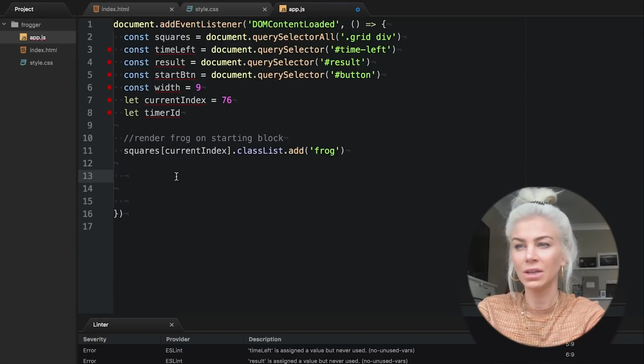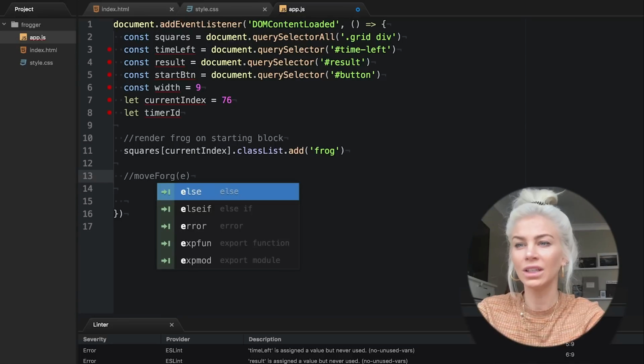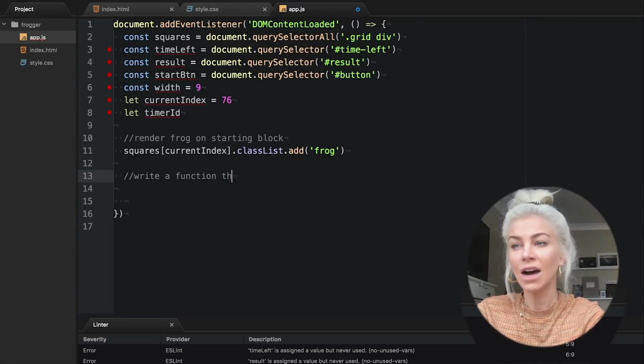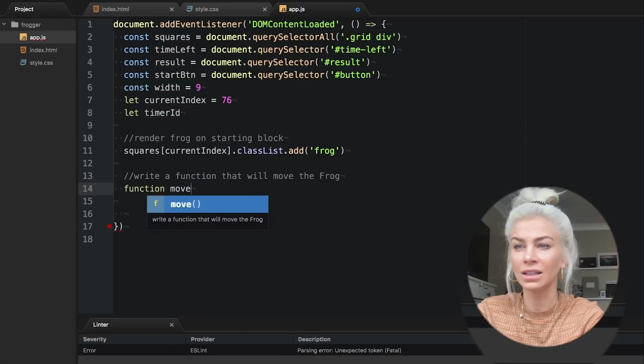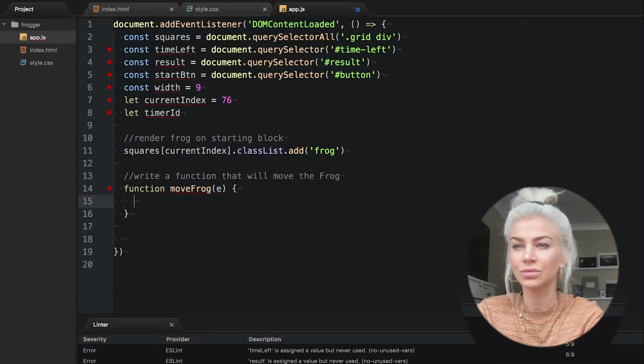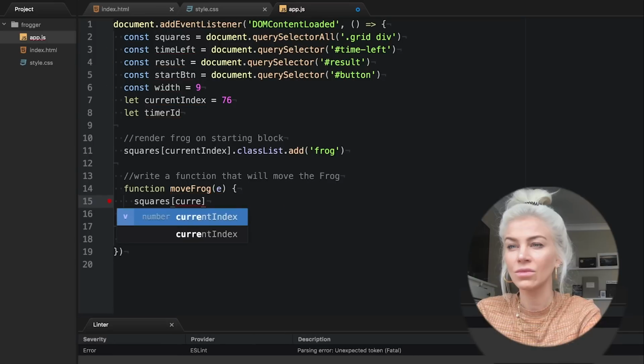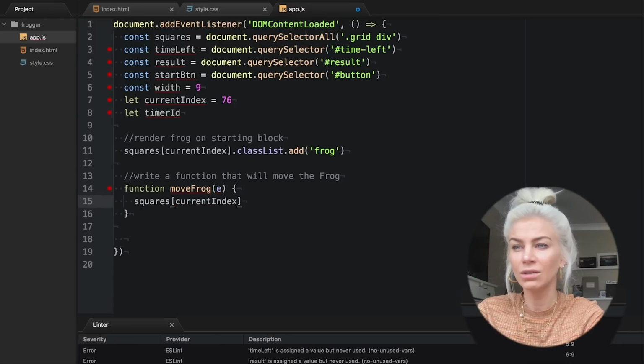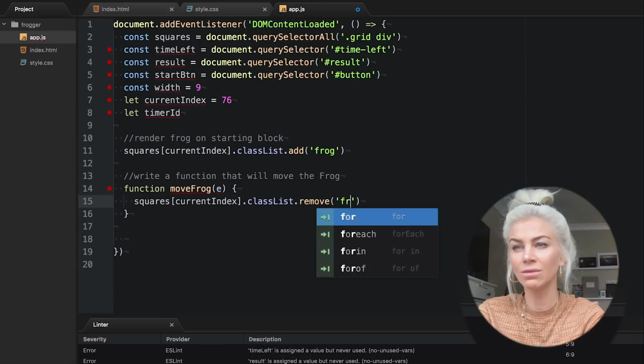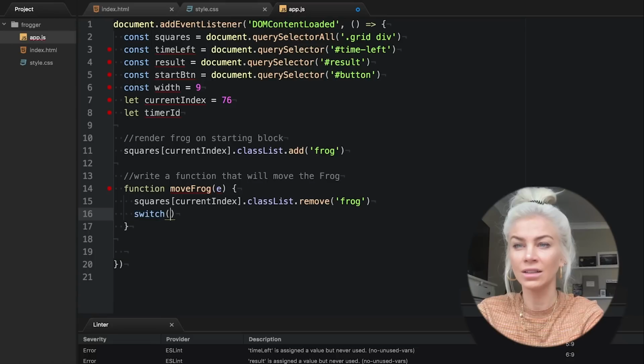The first thing we're going to do is make our frog move when you press on your keyboard. For this, you need to know the key codes to your keyboard, up, down, left, and right buttons. You can easily Google all the key codes to your entire keyboard. For now, I'm just going to tell you the key codes for the ones we want. We are going to write the function and pass it through as E, or an event. We are going to remove the frog from whatever current square it is in, and then using events and key codes decide which way the frog is going to go using switch cases.